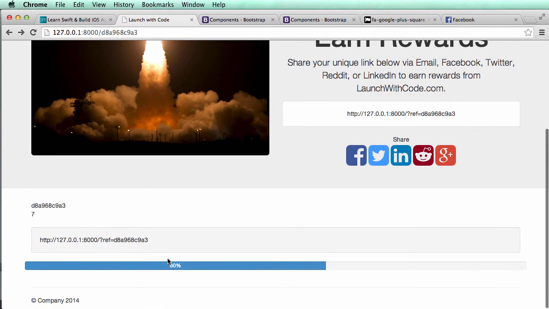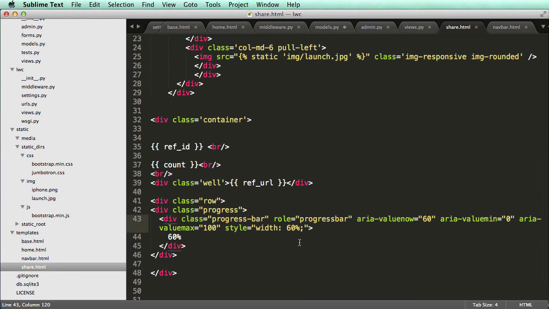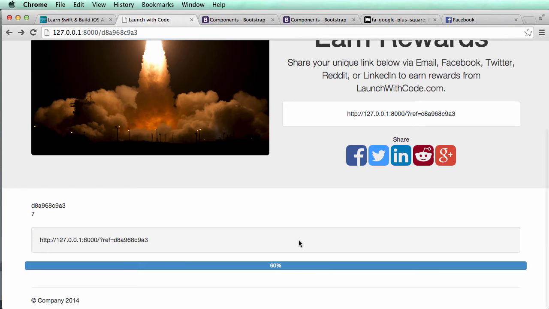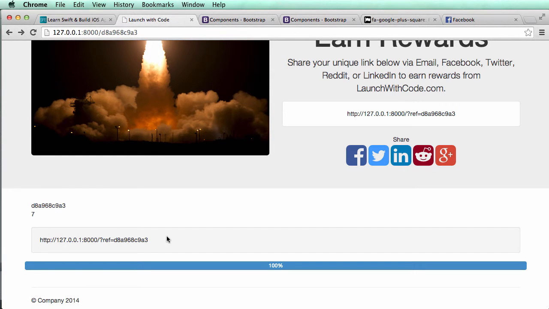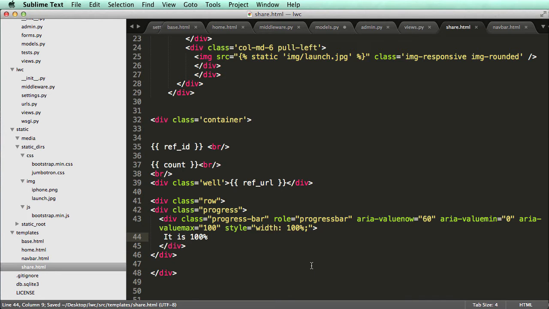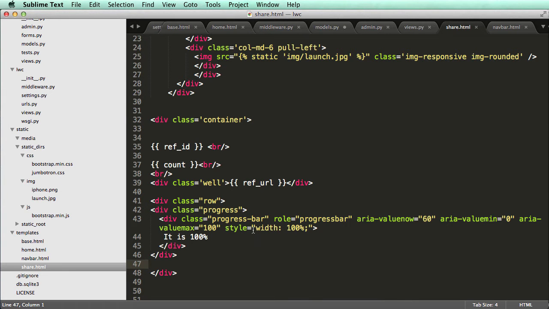So if I refresh, I see that's at 60%, right? So that looks roughly right, 60%. And the style is how it's happening. So if I changed it to 100%, it actually goes 100%. Now the value is the actual text that's inside of it, and that's how you can change the text in there. Cool, so that's how we would do that. And with the progress bar, it's pretty nice because it actually changes based on the size of the container that